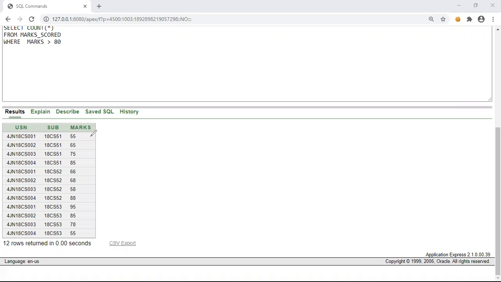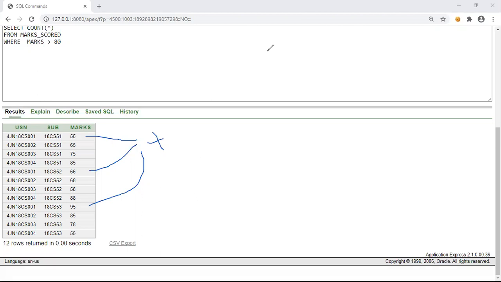If you want to find the sum of 001, first we'll group this row, then this one, because the USN is 001, and this one will group. So 3 subjects we will get. Then we'll perform the addition operation.